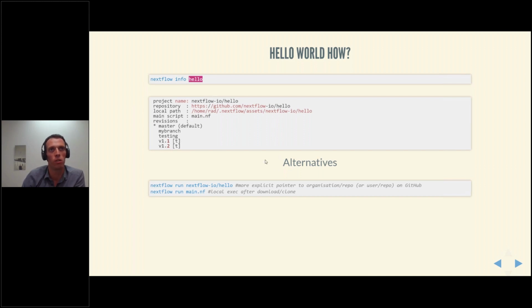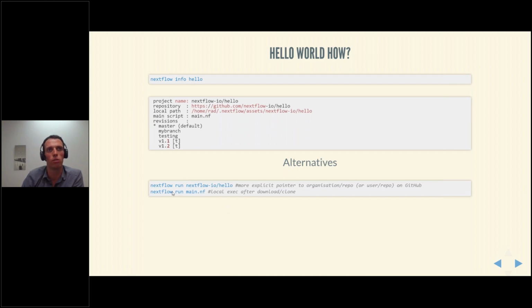So when you want to run a script, we've already seen nextflow run hello, but you could be more explicit here. It could be nextflow run and the full repository name, the organization or username plus the repository name.